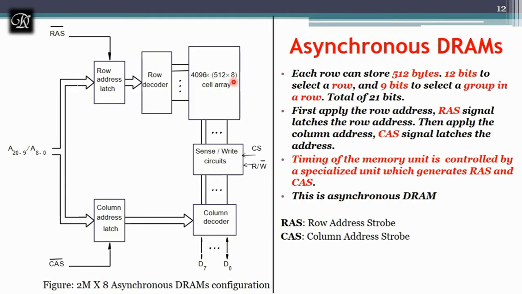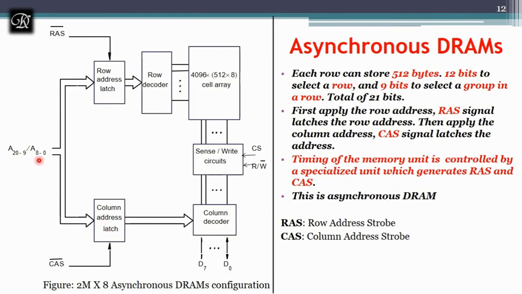If they ask for a wider data bus, then you have to change this value and change the number of data lines over here. It is D0 to D7 over here. If they ask for a 16-bit data bus, then you have to make it D0 to D15, and here it will be 16. And here we also have extra lines, that is the row address strobe and the column address strobe.